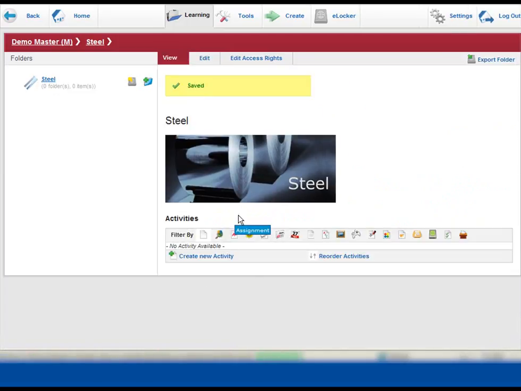And now the home page of my folder has been created, so the splash area where I land. The next thing I would then be able to go and do is create activities within this folder. You'll also see that we now have a breadcrumb trail along the top here. So in Steel Master,